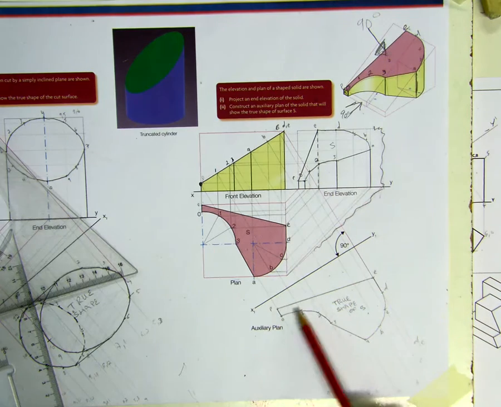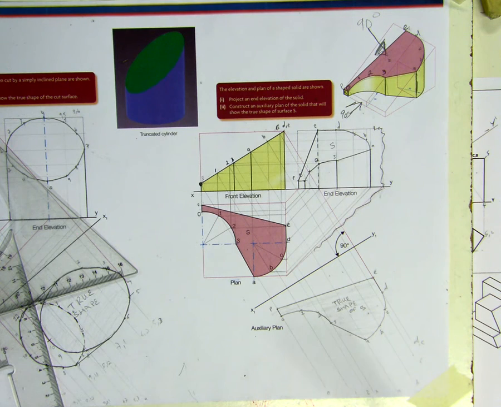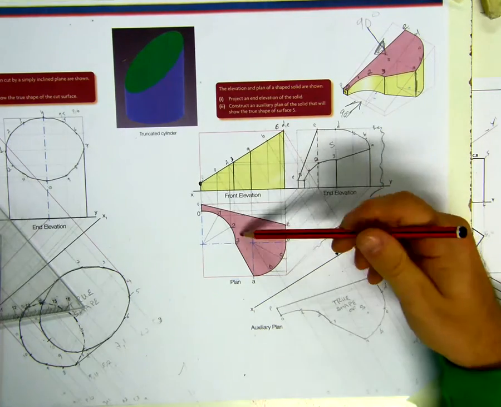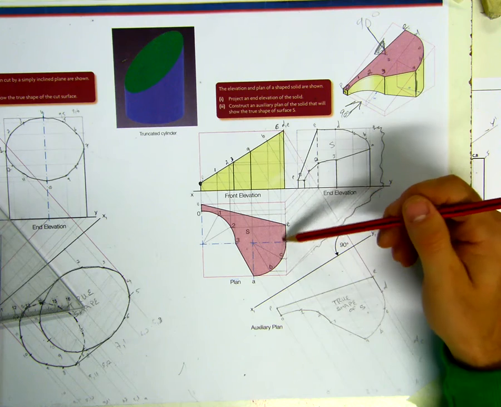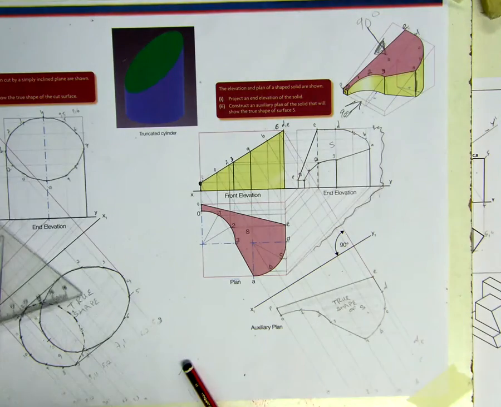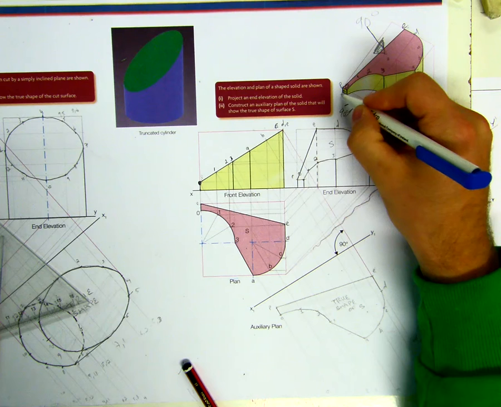So true shape will get you some marks, but it won't get you all the marks. We need to finish off the rest of the auxiliary plan. Okay, so we have all our points here on the top surface. So we can use all these same points now, project them up, and we'll take them all from our bottom surface here. Okay, if you're finding it hard to visualize this, you can change the letters up and call this